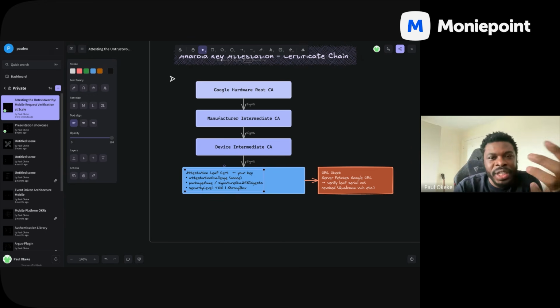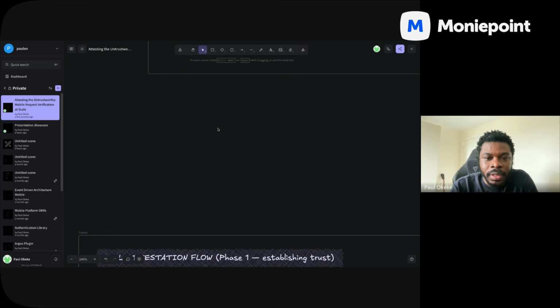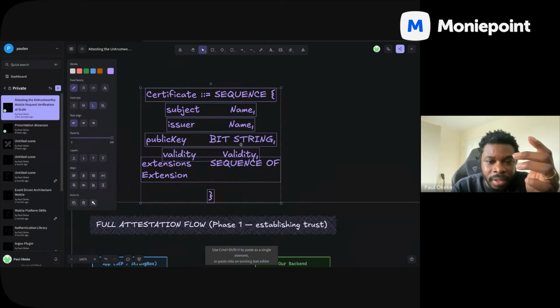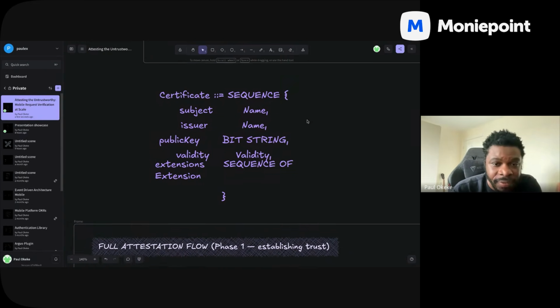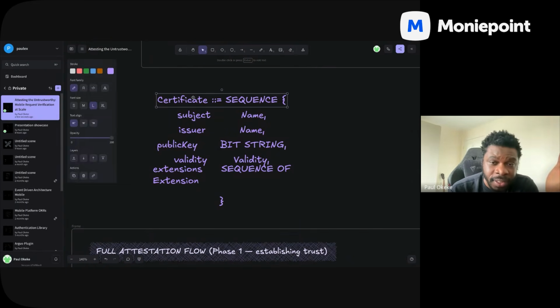In those certificates, you usually would have things like, let me see if I can get an example. So you have like sequence, different sort of data formats that you can then use to actually read the data within it, basically. Just to give an example, I'll just paste one here. So this can be like an example you would have. This can be a certificate, basically. So you have a certificate, then you have a sequence, you have the subject, the issuer, the public key, the